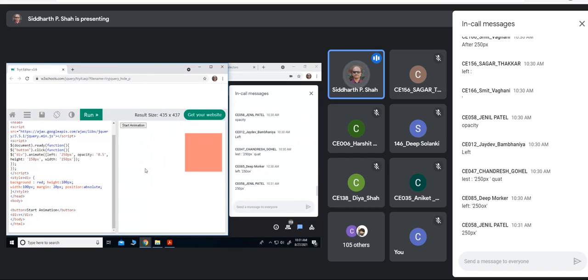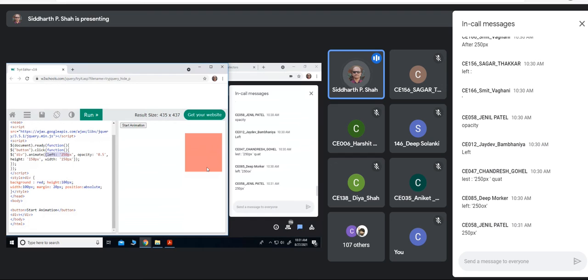So you can see that. What it did, left equal to 250 px. That provides that space on the left side, right? That is what the CSS property left does. Opacity became 0.5, so it is blurred a little bit. Height is changed to 150 px. Width is also changed to 150 px.